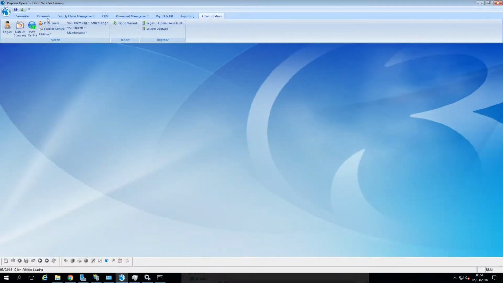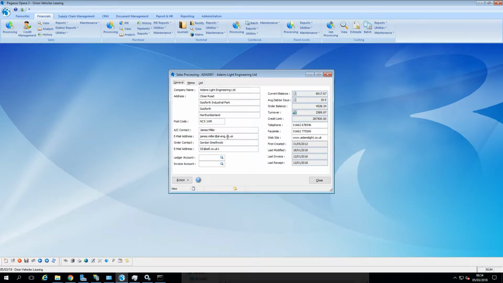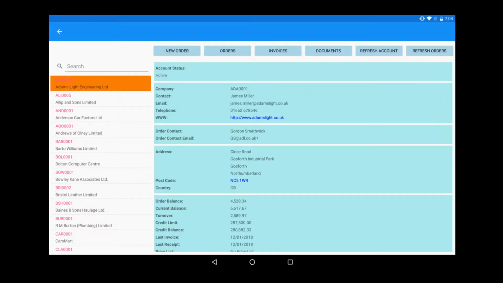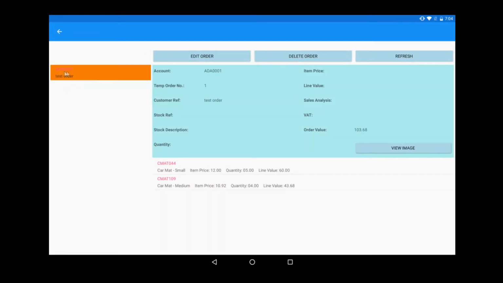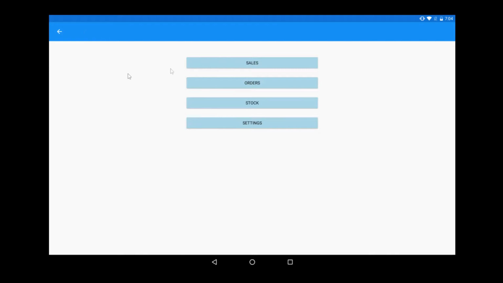So if we were to hop back again and hop into financials and say in fact his email address isn't that, it is my email address, save that. Now if we hop back to the app and refresh account, we'll get a quick pop-up, and in the background our email address is updated to the one we entered into the Opera system. Back on the main screen, we have our orders as well as our stock, and in here we'll see our test order. As you build up multiple orders on the system,